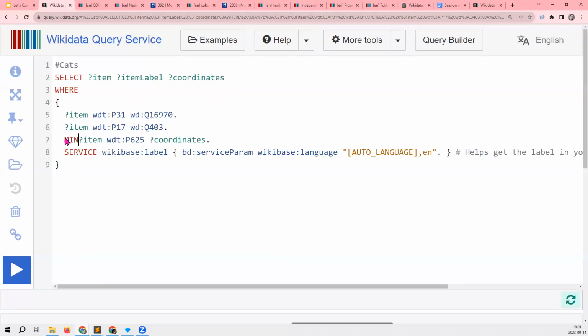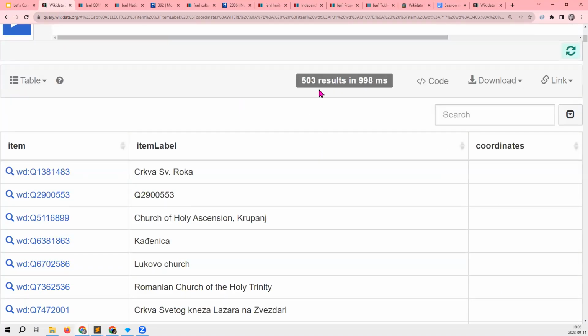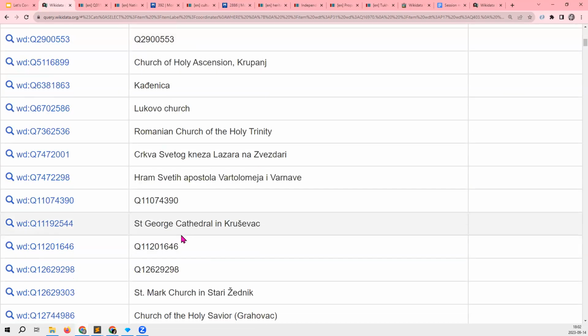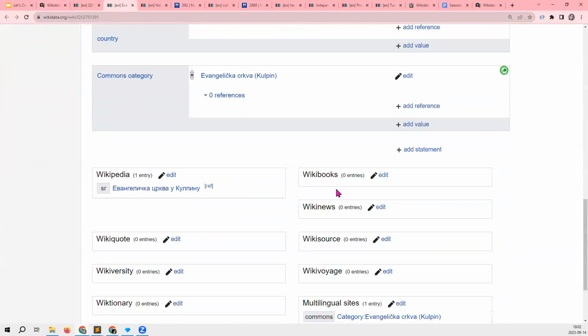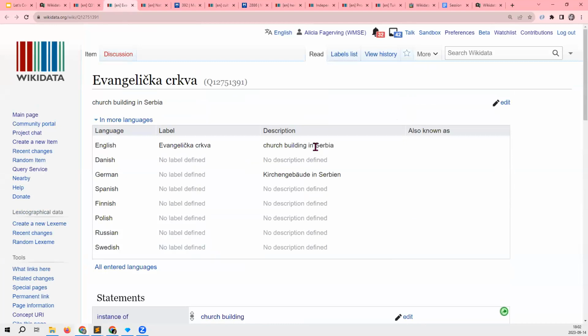Then I simply put this statement in. Minus, and now I have a list of 500 churches in Serbia which need coordinates. So now I have something to do for the rest of the evening or the week.